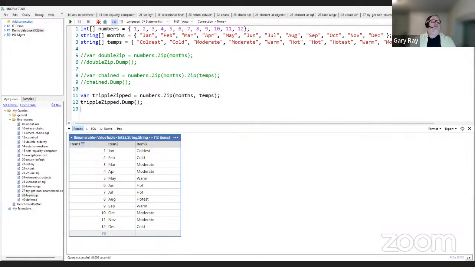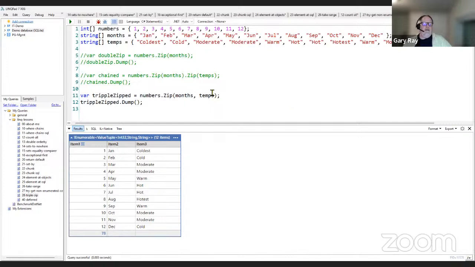I've never personally had to use it, but it's also important to note that zip only supports, in this kind of flattening, three collections. If you try to zip a fourth collection like this, it will throw an error. So if I had wind speed or something that I wanted to zip, it will only flatten three. The fourth I would have to chain in the same way I did in the chained example. And so I would have each of these and then hierarchical to the last element zipped. And that